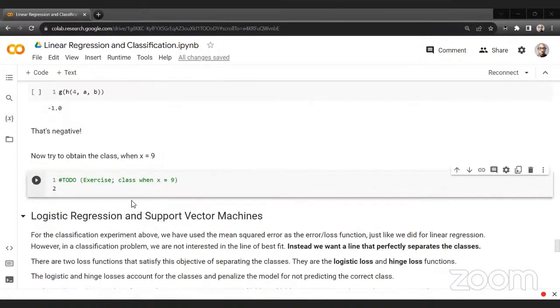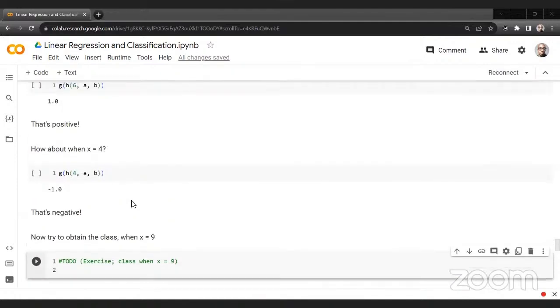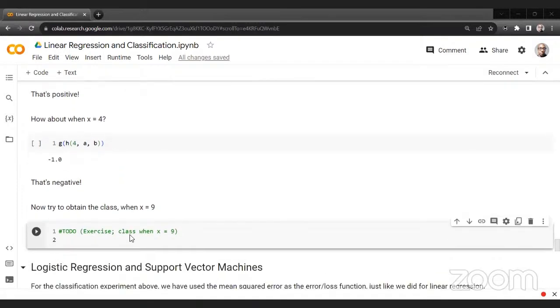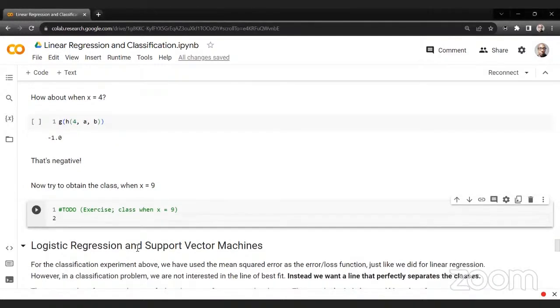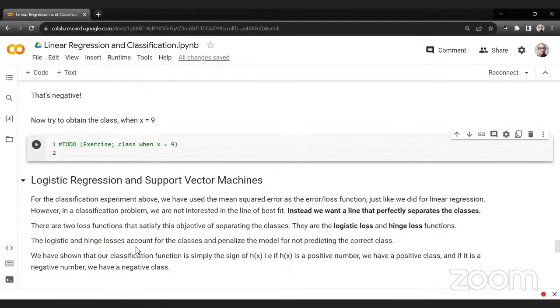So we still used the mean squared error, and we still used the gradient descent from linear regression, in such a way that the error function was the mean squared error, just like we had in linear regression, and we came up with a line of best fit, right? In that case, we did something with a classification function,